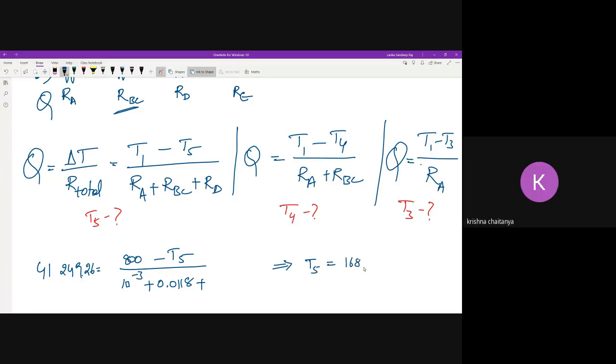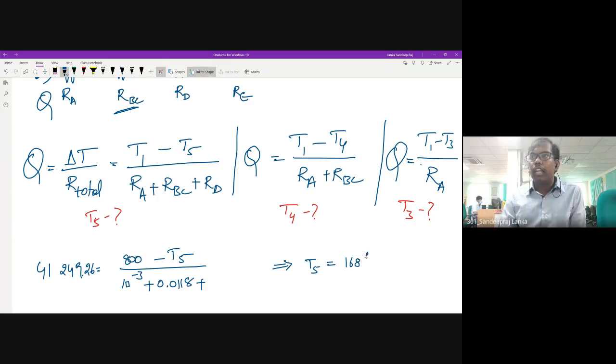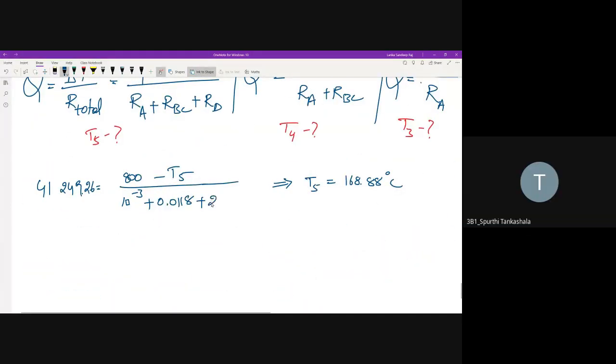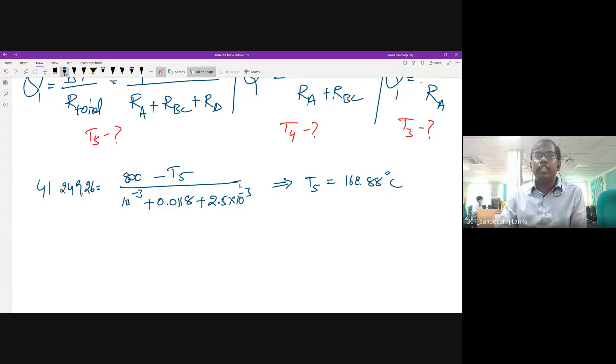0.88 degrees centigrade. Is this the value? Somebody cross check with him. Is it 168.5? Okay, good. So the same thing you can use for the next expression for finding T4, that is 800